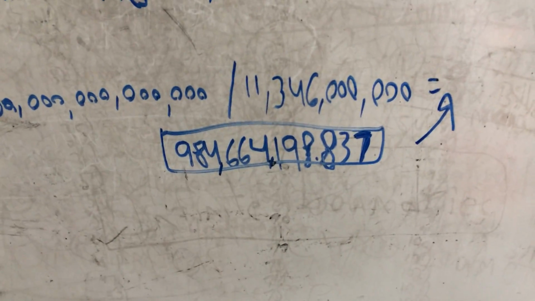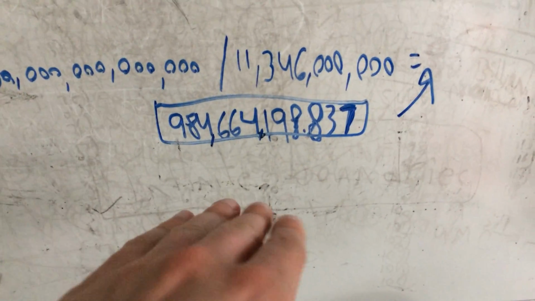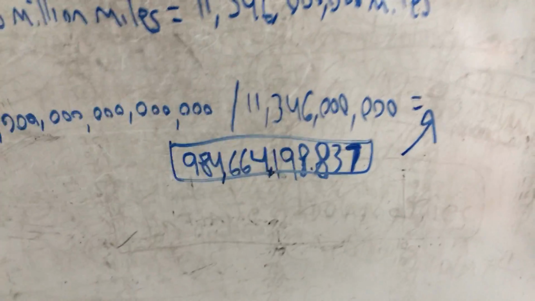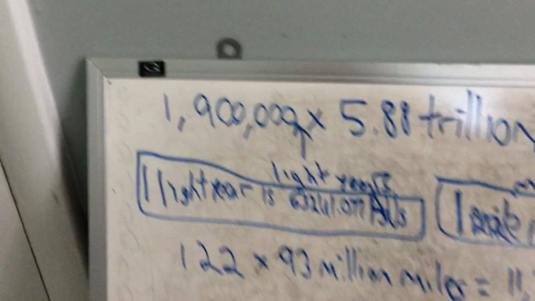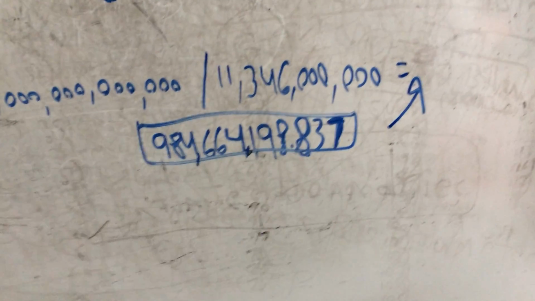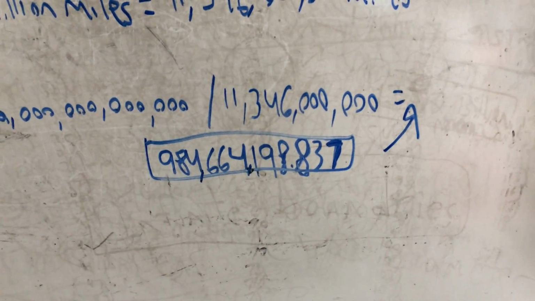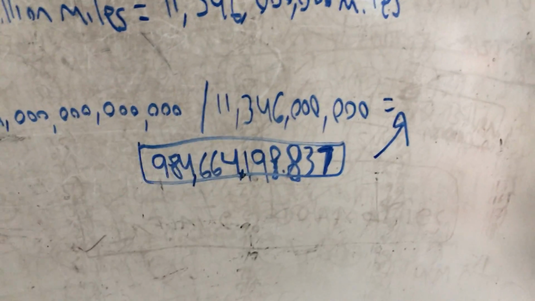So that should kind of get you thinking that if you wanted to travel from one edge, going in a straight line, that's how many miles, if this is correct, and the size of this is correct, how big this galaxy would be compared to the size of our solar system compared to the